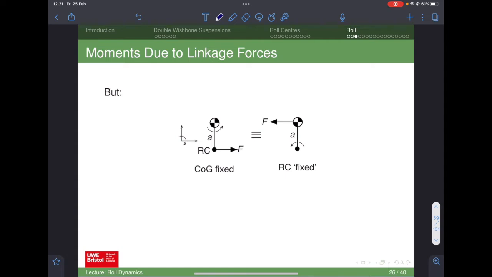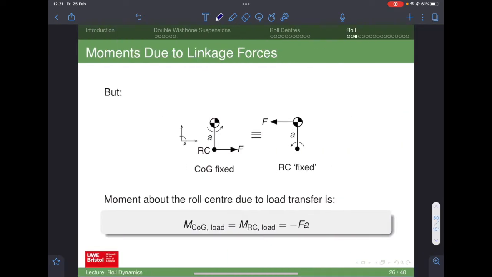Which just happens to be equivalent to fixing the roll centre and then applying a force to the centre of gravity. It's the same motion of that distance A in a sense. And so we assume this equivalence, okay? And that gives us the roll moment generated by the linkage forces around the roll centre, which is what we're looking for. Because the vehicle rolls around the roll centre, not around the centre of gravity. And so we make that equivalence, and then we end up with